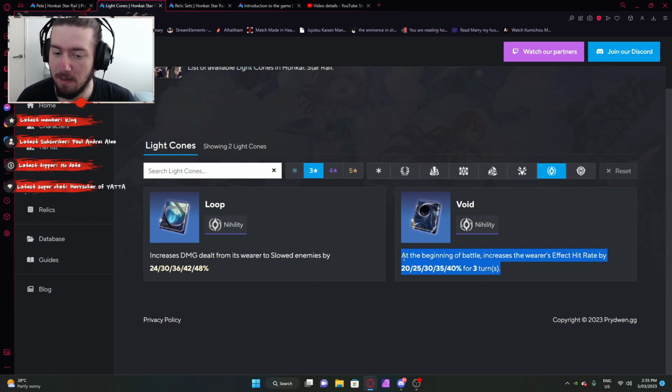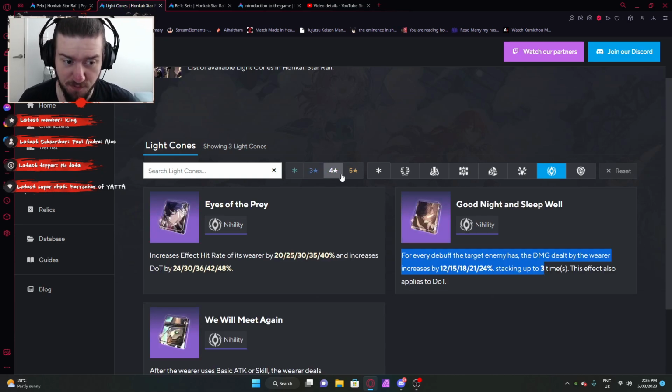You've got limited time to apply your debuffs and have a high percent chance of applying your debuffs. Again, not recommended. Out of these two, which one would I recommend? Probably Void. But again, neither of these two are really good for Pela specifically, so avoid using these at all cost. Going into the 4 stars, Eyes of the Prey increases the effect hit rate of the wearer by a